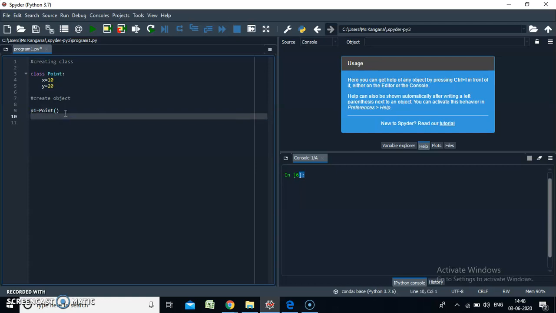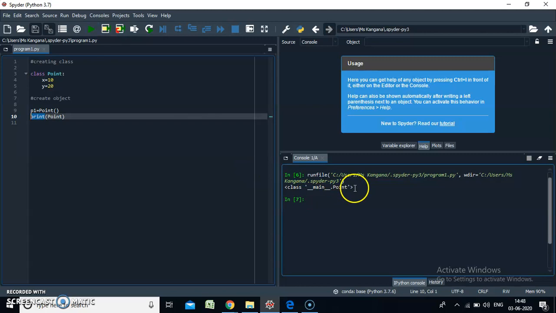Now if I print this class name, what will I get as the output? Now this print is nothing but a display function. Now to run, you can see this green color button. Just click on it.